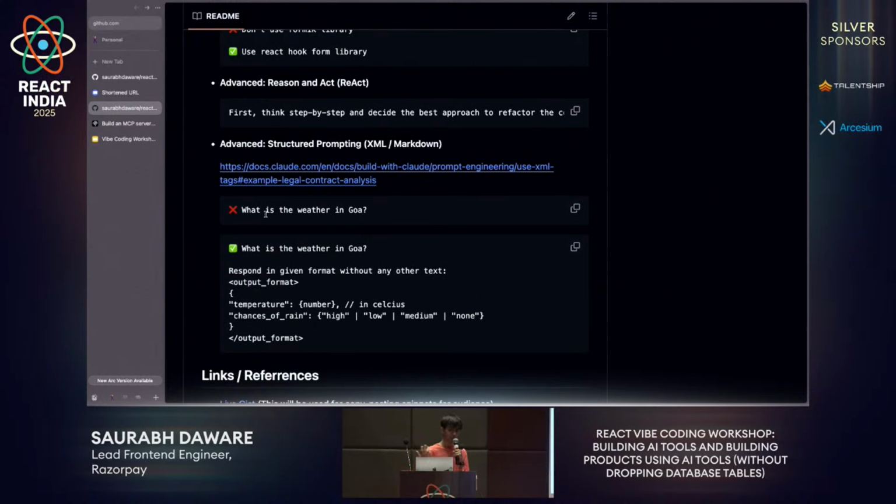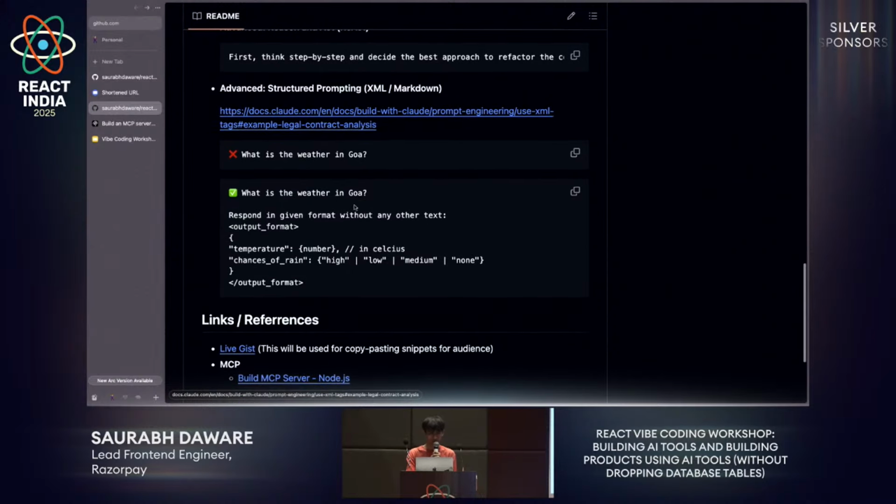And this one is the interesting one, which is structured prompting. AI is a lot better at understanding structures, so markdown or XML. XML is the interesting one; we'll talk about this in detail. But markdown, lists, checkboxes, these are things that AI understands better. XML is very unique to see. I was surprised to see this in prompt engineering, but this is actually a helpful way of writing prompts,